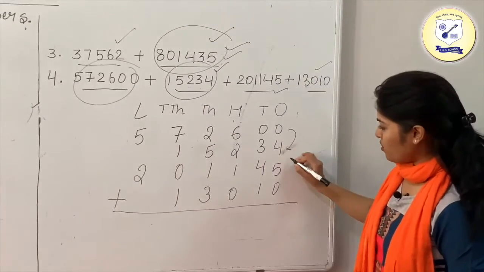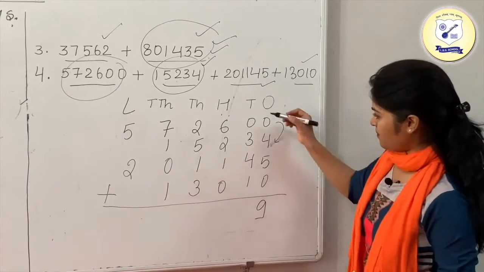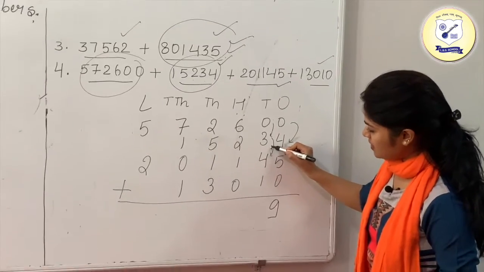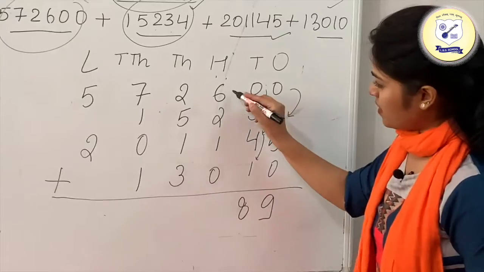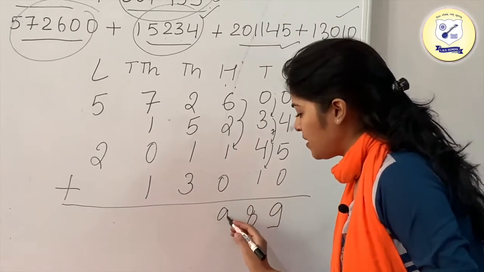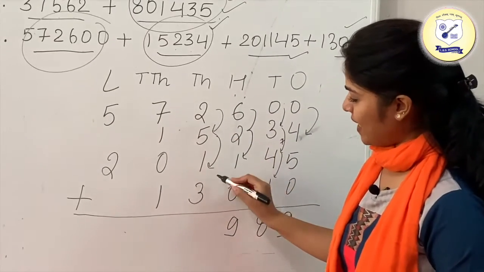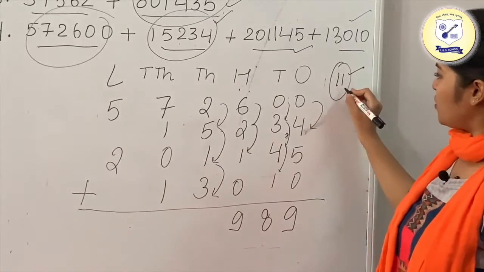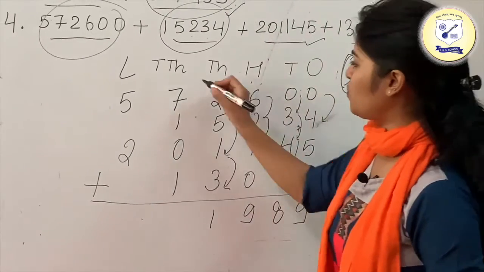0 plus 4 is 4, 4 plus 5 is 9, and 9 plus 0 is 9. 0 plus 3 is 3, 3 plus 4 is 7, and 7 plus 1 is 8. 6 plus 2 is 8, 8 plus 1 is 9, and 9 plus 0 would be 9. 2 plus 5 is 7, 7 plus 1 is 8, and 8 plus 3 is 11. We are having 2-digit number, so just put the ones place here and just transfer this carry to the next